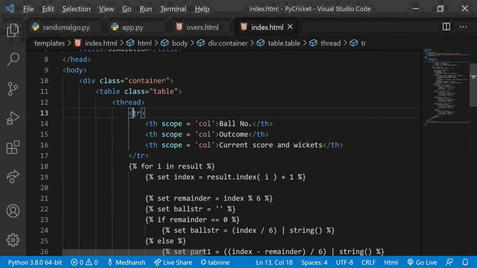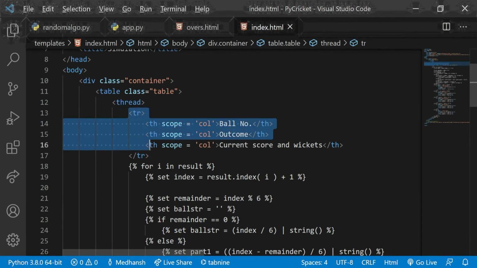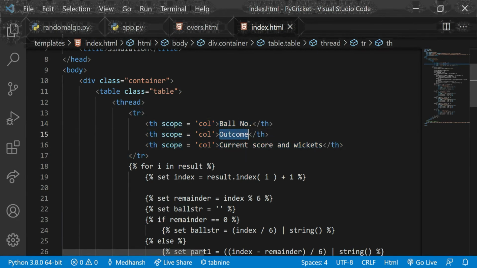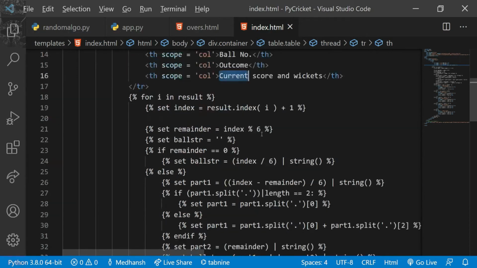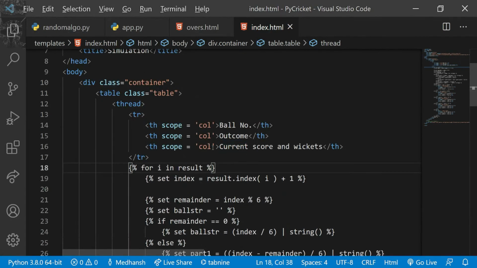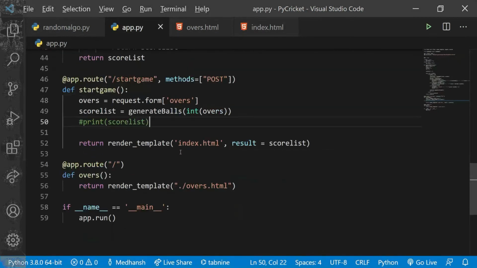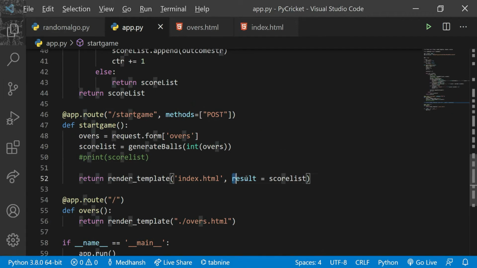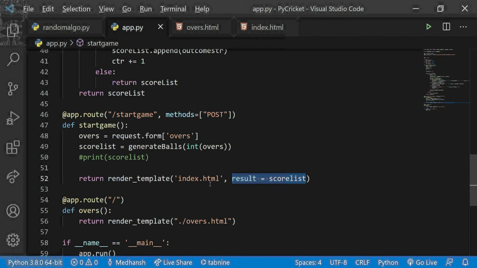Now these are just some HTML tags. Okay, so this is just a table row which has the headings of ball number, outcome, and current score and wickets. Now comes the actual part of Jinja. So what Jinja is, as you could see in app.py, we had passed result is equal to score list through in this render template function.